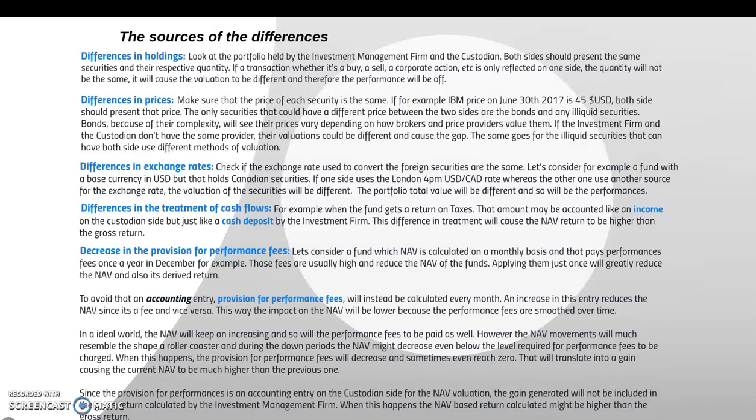So that's it. These are the elements. I hope this was helpful,